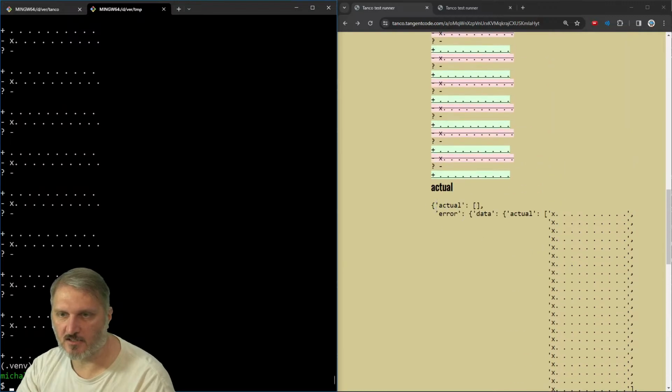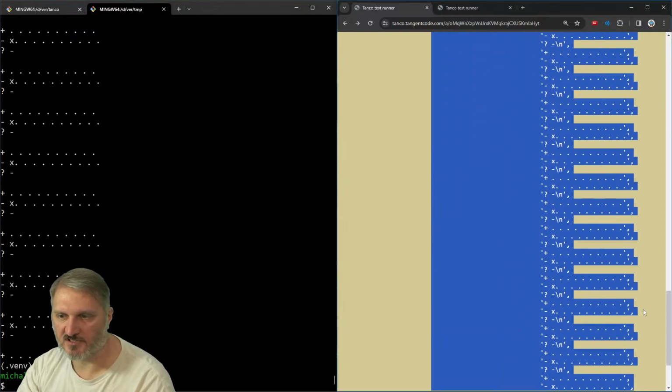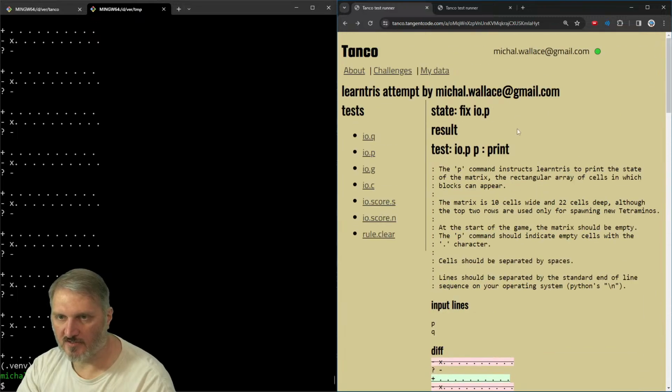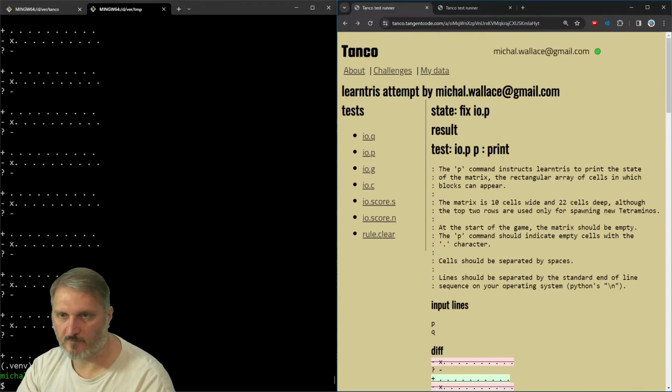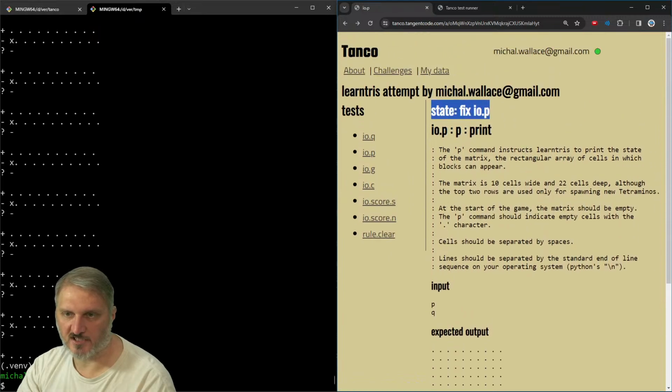Yeah, this is long and complicated, and I didn't want this to be the first thing you saw. I wanted it to still show you the test that you're failing. So state fix this. Blah blah blah. Obviously, this needs to be cleaned up. It's still not pretty, but if you read this, you know what you have to do, and you can go look at it. But if you actually run the test,